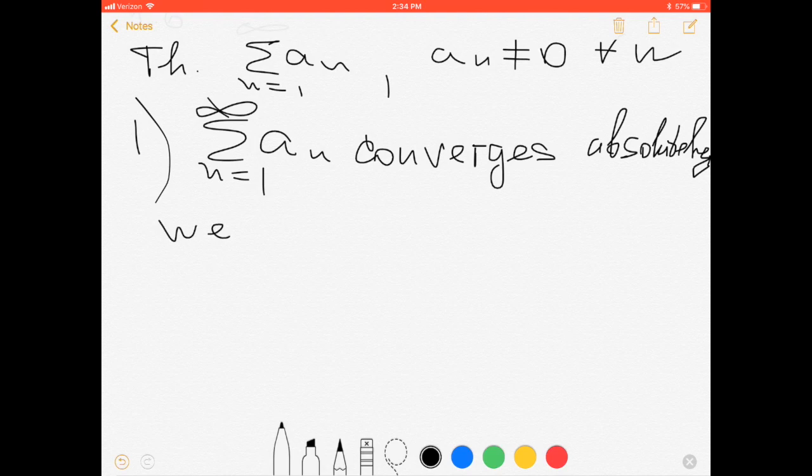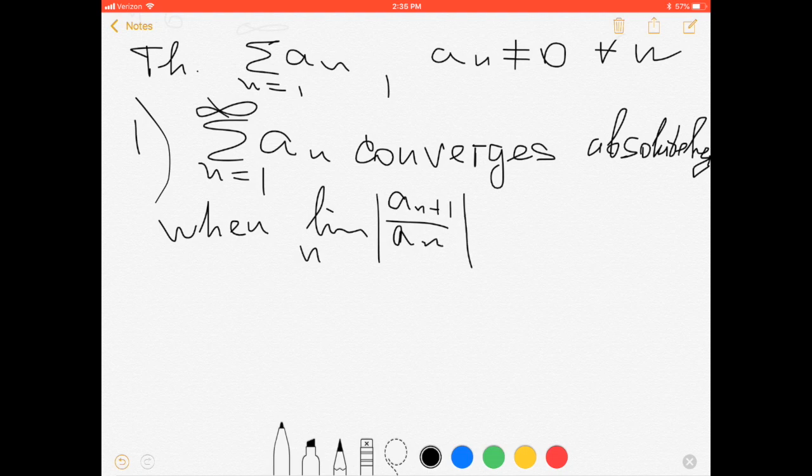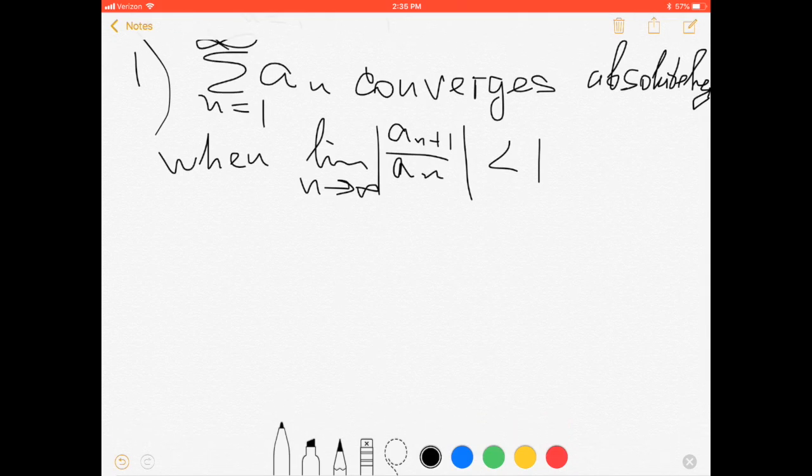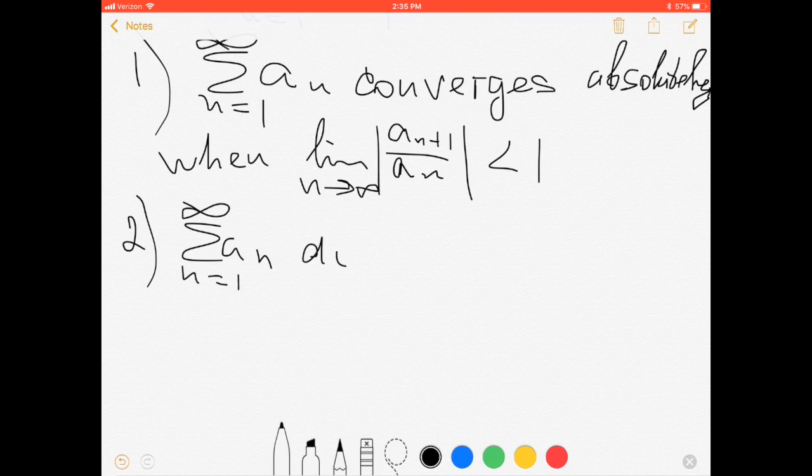When limit, absolute value fraction n plus 1 terms over n terms and n approach to infinity, less than 1. Second, the series diverges